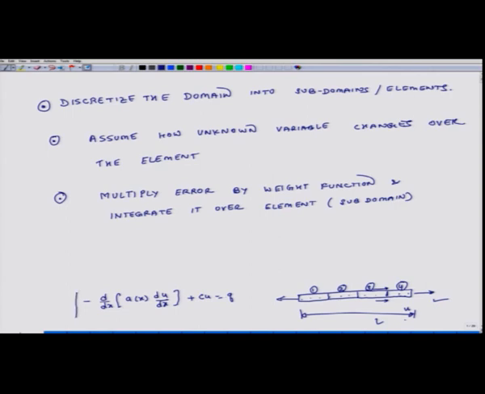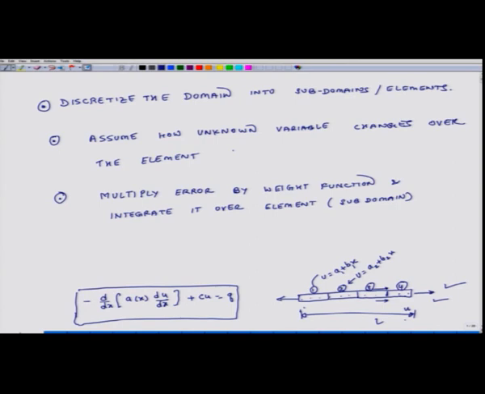Okay. So, this is the governing differential equation, and if we can solve this equation in context of this particular problem, then we will have the solution. But suppose getting a closed form solution is not easy, then what do we do? First step is that we broke this entire domain into 4 elements. Second is we assumed that in the first element u is equal to a plus bx. Here also a1 plus b1x. In this case, u is equal to a2 plus b2x, and so on and so forth.